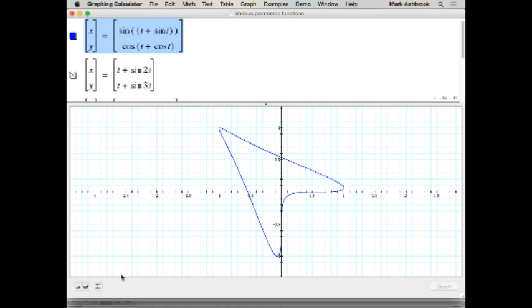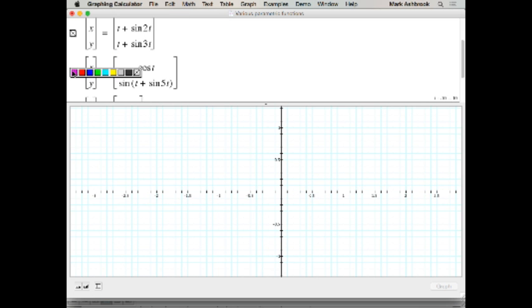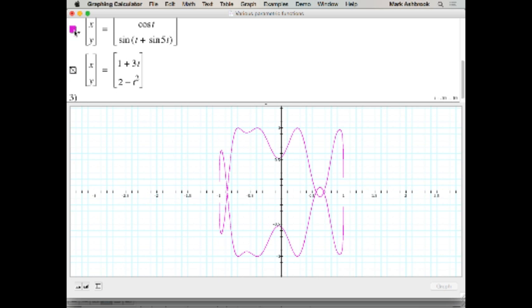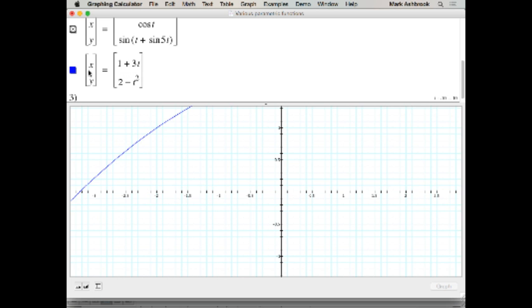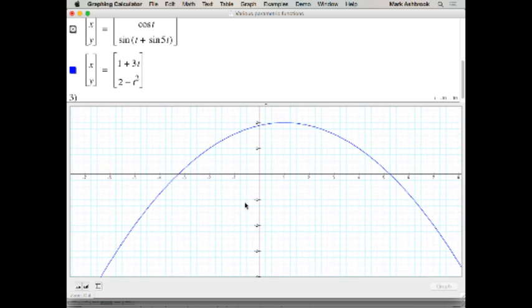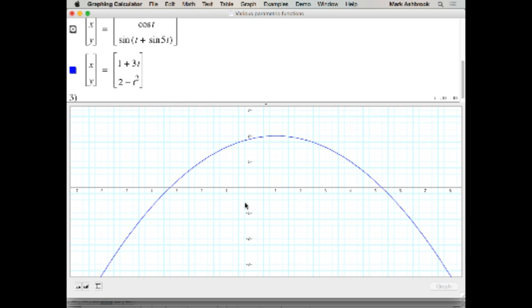Reminds me of Star Trek. This one's going to be less exciting. What is it? Probably